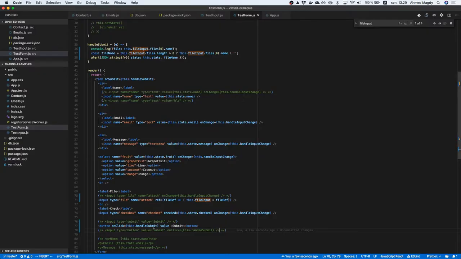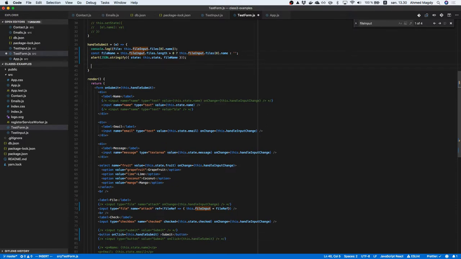So I'm just submitting directly, but it's not alerting. Because you need to do this, preventDefault, because it's refreshing the page before it reaches the... It's actually a very good point. I forgot to do this. So in handleSubmit, if you have your own submit, in a form in HTML,